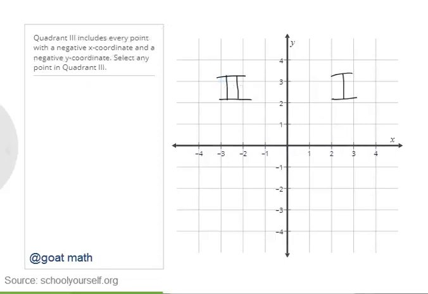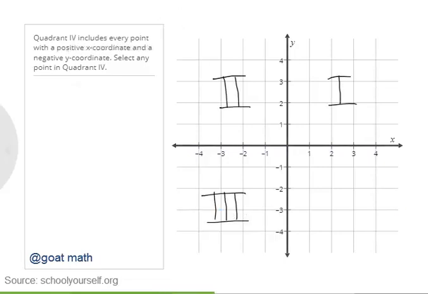Exactly, so Quadrant II is the top left quadrant where every point has a negative x-coordinate and a positive y-coordinate. Quadrant III is defined as including every point with a negative x-coordinate as well as a negative y-coordinate. So try selecting a point in Quadrant III. Nicely done. So Quadrant III is the bottom left quadrant where every point has a negative x-coordinate and a negative